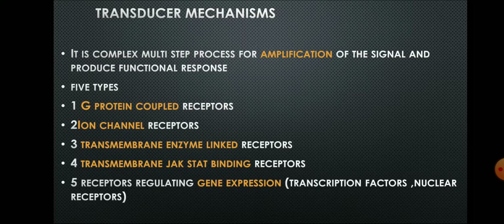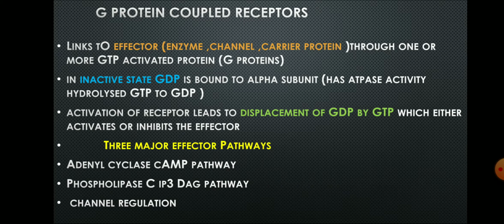Okay, now starting with G protein coupled receptors. Now what are they? They link to the effector through one or more GTP activated proteins, which are called G proteins. Okay, so these are basically